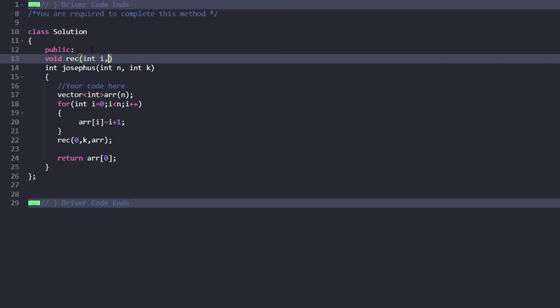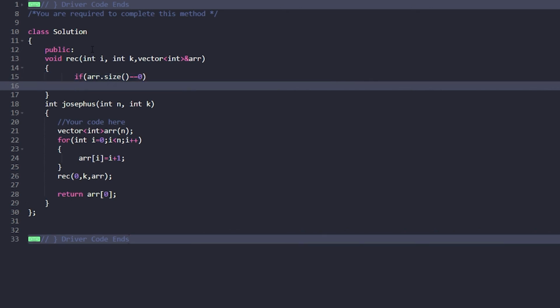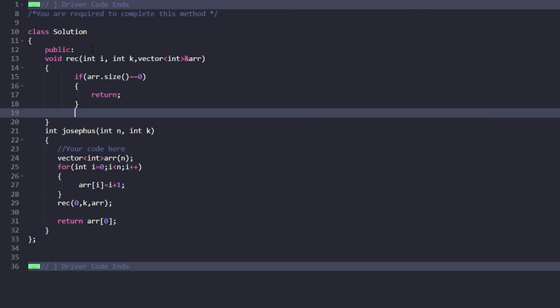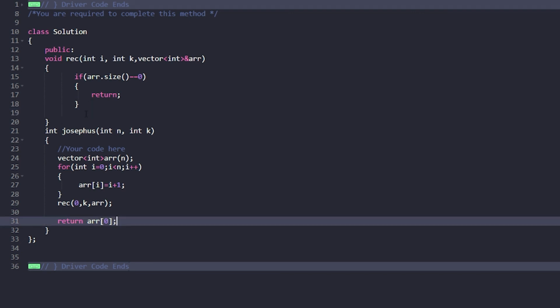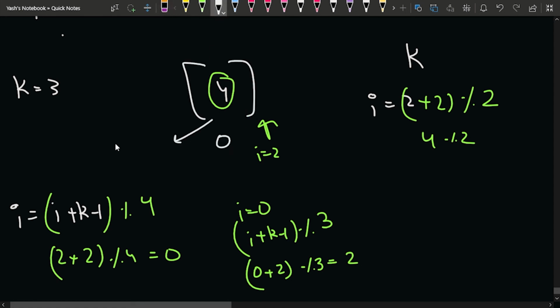Then I'll start from index i. I'll have the k value, and I'll have access to the array as well, and I'll pass the array by reference, because any change that I make to the array should be reflected in the final answer as well. If after certain deletions the array dot size becomes 1, in that case I can simply return from this recursive function, and I can return array of 0, because only a single element is left, and the single element will be present at the index array of 0. You can see that the array situation will be like this, and this will be the 0th index of the array, and this represents nothing but array of 0, so array of 0 will represent the safe position to be 4.